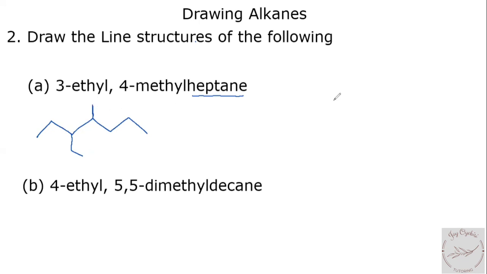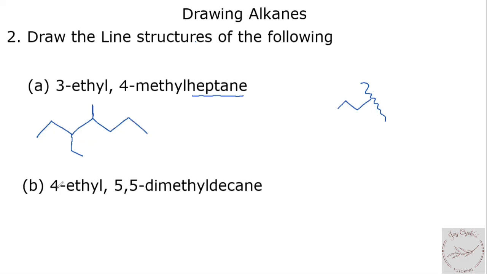Okay. Whereas if you are dealing with propyl, you have something like this. So a propyl group would have, say, let's say this is the parent chain. Okay. So this is how it's going to come out if this was a propyl group you are dealing with. Okay. All right, so we have our compound here. So this is it. 1, 2, 3. At the third carbon, you have an ethyl group. At the fourth carbon, you have a methyl group, and the parent chain is 7 carbons, which is heptane.